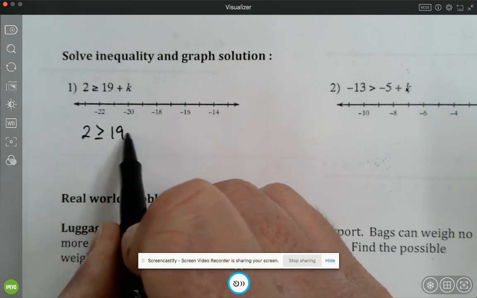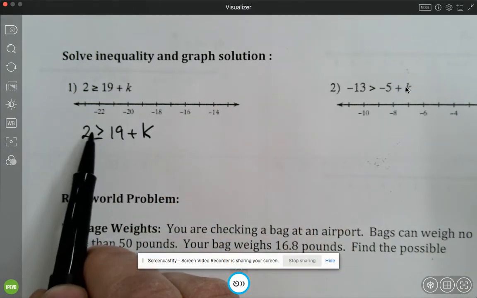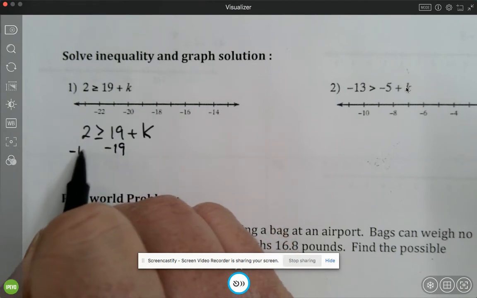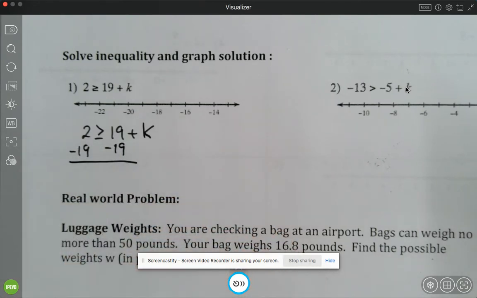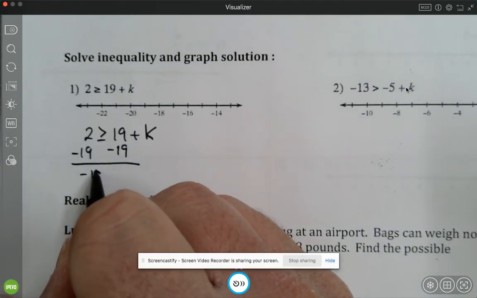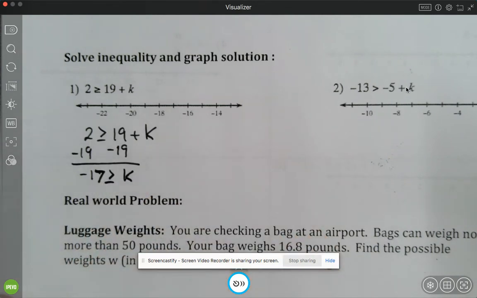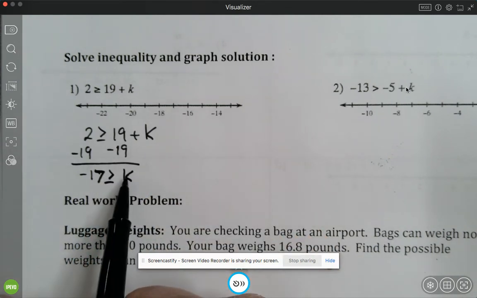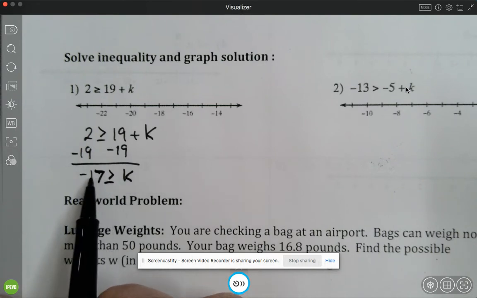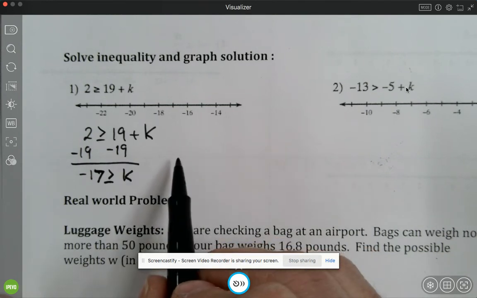So we have it like this. If that was just a good old plain equals, you would just do this. You'd minus 19 here, minus 19 here, and you'd be left with -17 is greater than or equal to k. So if you read it the other way, using the little point here, this means that k is less than or equal to -17. A lot of times when we're dealing with inequalities, you want to flip that around, or